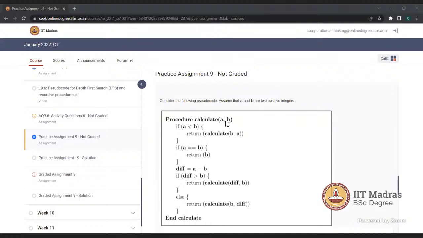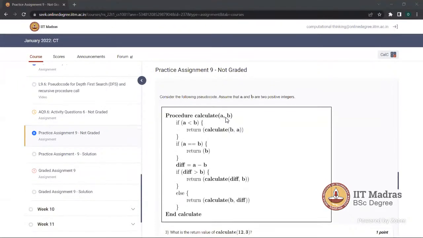Sir, is the weightage of the interim exam equal for all weeks? The weightage will be approximately equal. Okay, sir. Approximately equal. Beyond that, I can't tell you. I mean, I don't know what exactly it will be, right? It's 1 to 900 marks. That's how it is. Okay. Yes, okay.